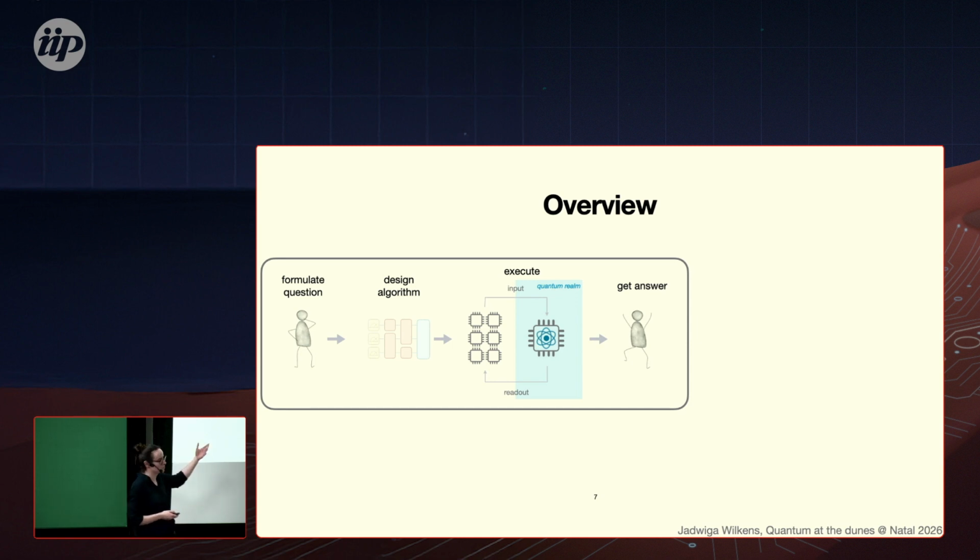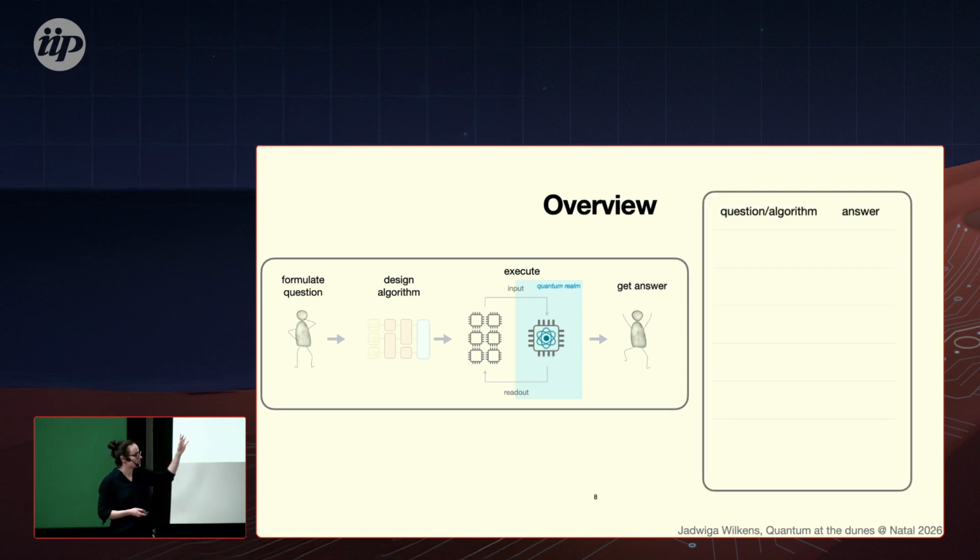And then what are the problems that people are looking at right now that are interesting to solve in this way? Well, one of them, and now the physicists in the room will probably object, is that we want to find the ground state of a certain Hamiltonian. For this, we need to calculate the expectation value of a given Hamiltonian with a given quantum state that is implemented in the hardware. So we need to actually measure our quantum state many, many times to calculate such an expectation value.